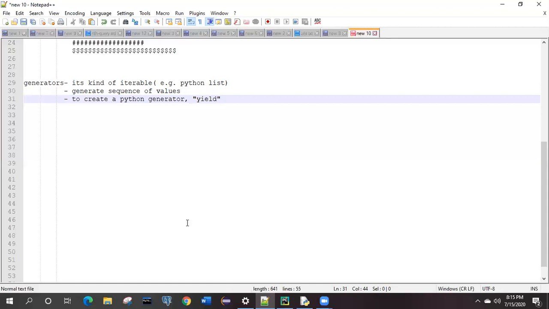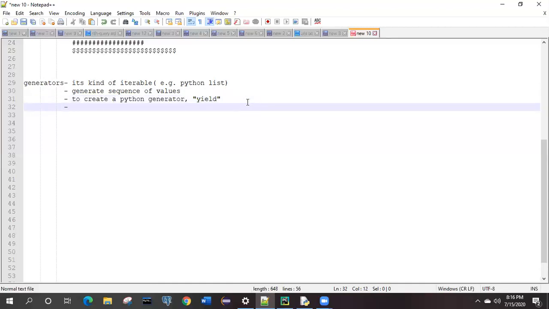So a Python generator can be written inside any function, but it should be returning something with the keyword yield. Yield is a keyword, like break we have seen, right? A similar kind of thing. So we will come to know that if we see this yield, it is a generator and so on. How can we write this one also?